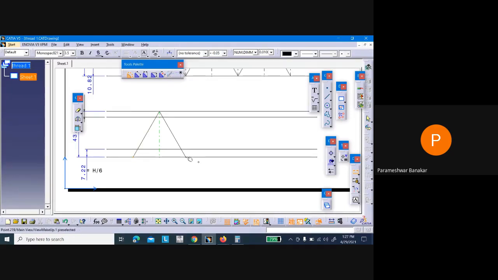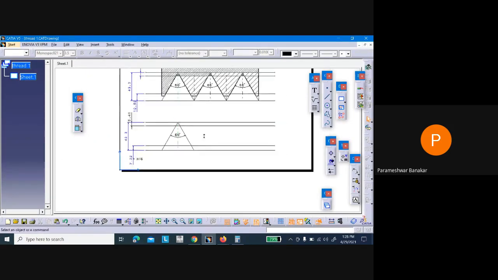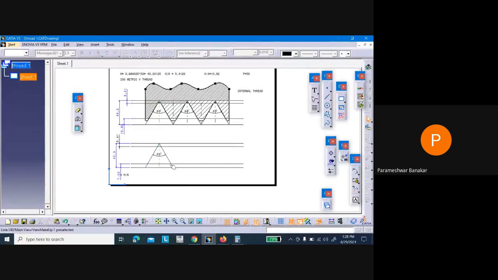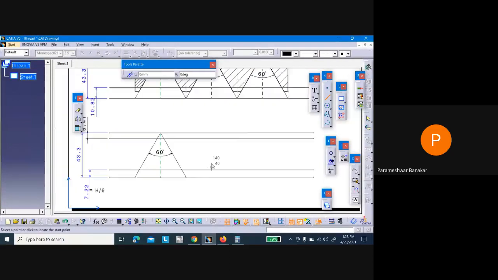First we'll take the pitch distance, how much it is there. It should be 50, it is there. Then go for angle, just confirm it. This one and this one must be 60. Yes, you can see that 60 is there. You'll remove it for the time being. Now here one more axis I want to create. Select your thin line first, then go to axis, and from here you select a line.